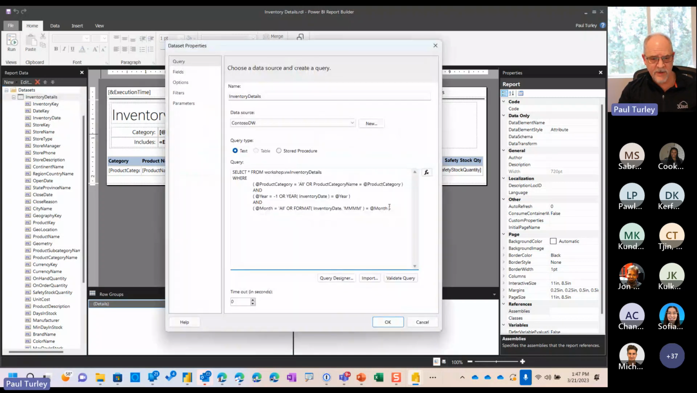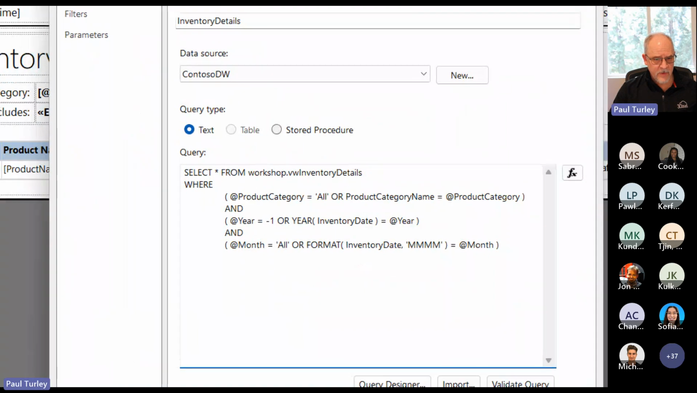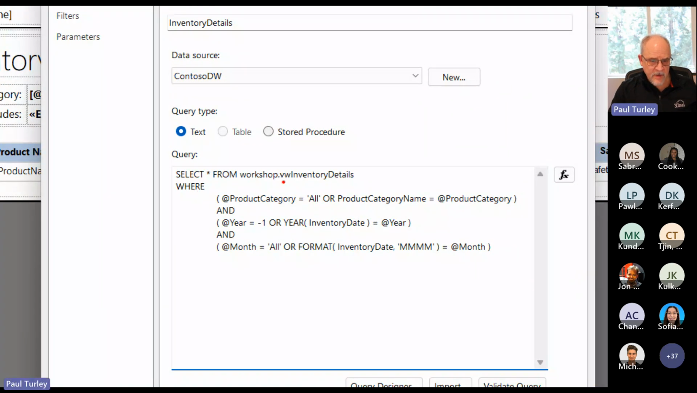Let me show it to you here. I'm using a view, so it's a very simple query. I'm just saying select star from this view, VW inventory details. Not running ZoomIt. Let me run ZoomIt real quick. There we go. All right, select star from VW inventory details. That could be a whole SQL query. It could be select these columns from this table, inner join that table, left join another table, etc. Where